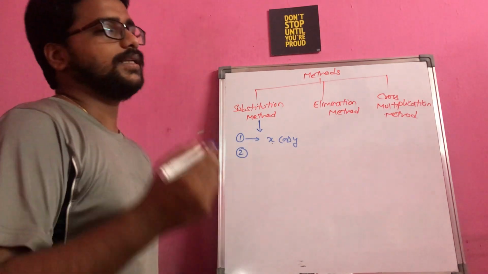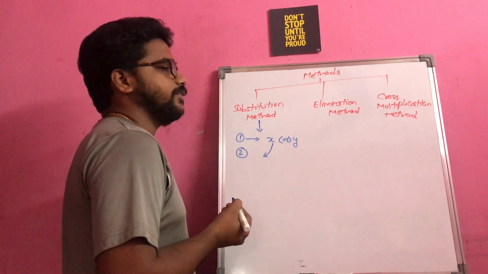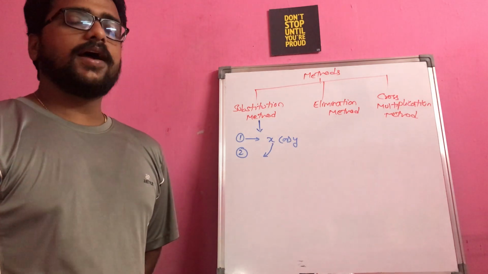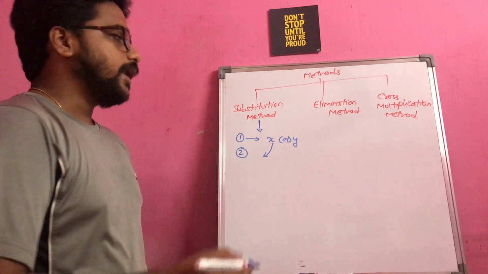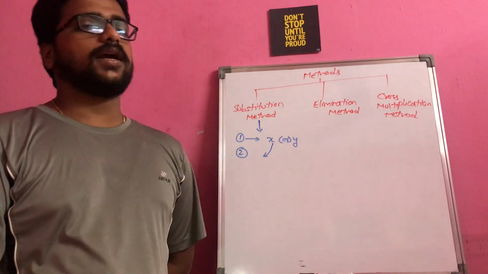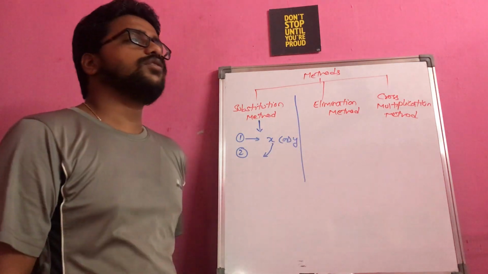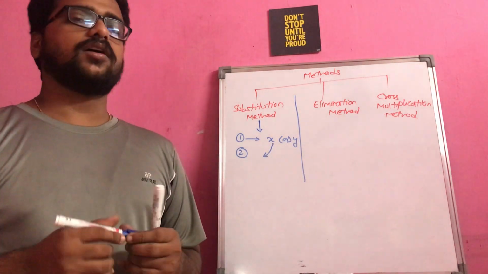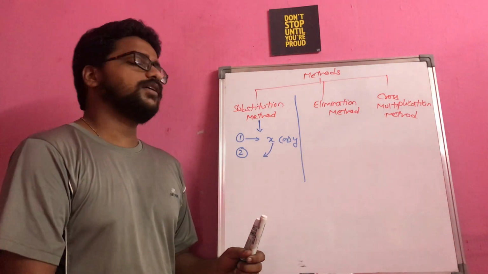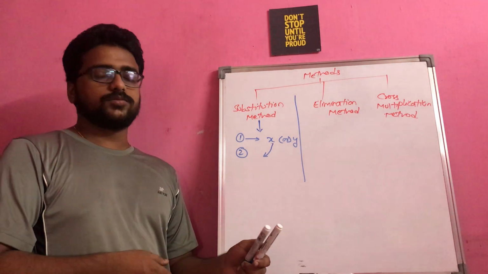After that, whatever value you find, you substitute it. For example, if you find the value of x, substitute that value of x in the second equation, and then you will get the resultant value for y. Later you substitute y in any of the given equations to get the value of x. That is the substitution method. As the name suggests, you substitute the value of x or y according to the question, and then proceed to find the value of one variable, and later the other variable also.